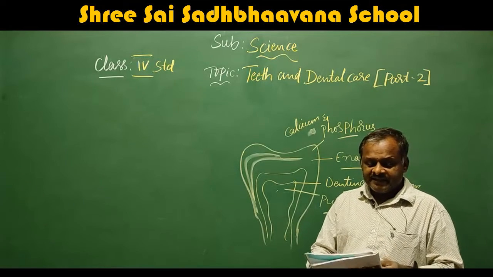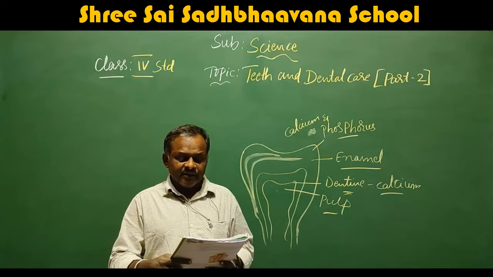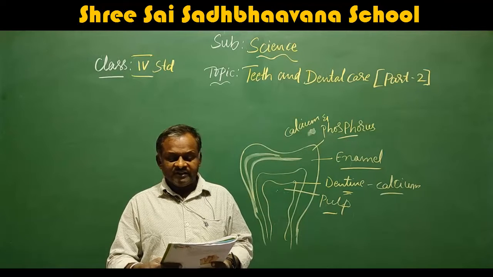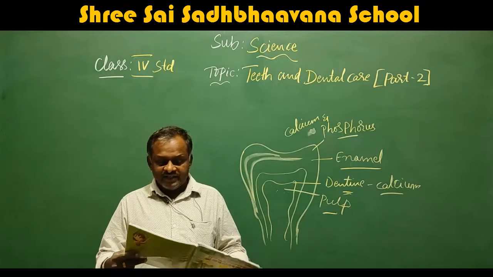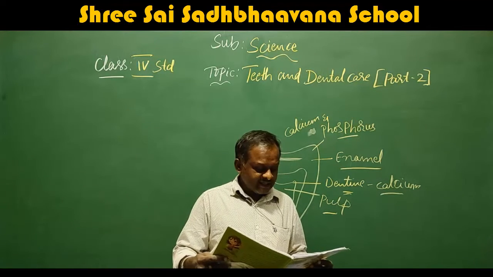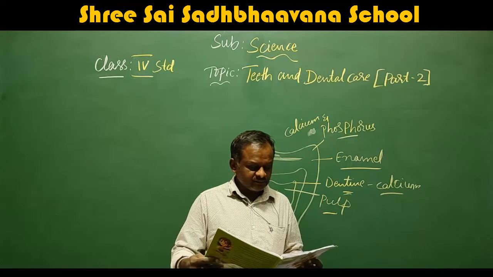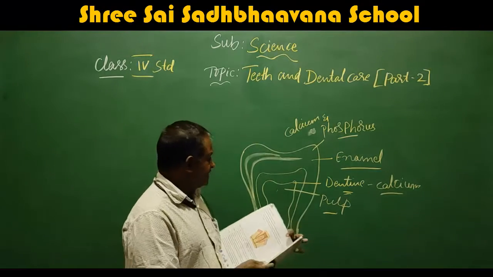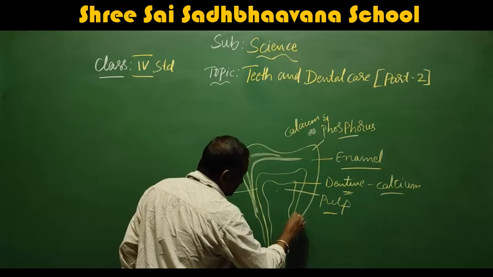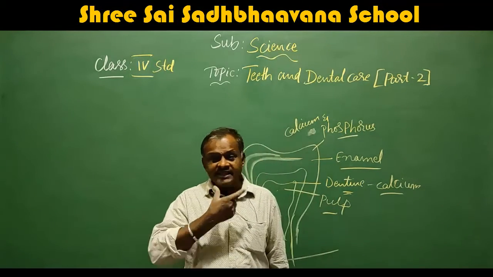Next is the cementum. The pulp goes all the way down into the root of the tooth, which is under the gum. It makes up the root of the tooth which is anchored to the jawbone. It is light yellow in color and is usually covered by gums. Here they have given the root or cementum. This cementum goes down into the jawbone, where it anchors.